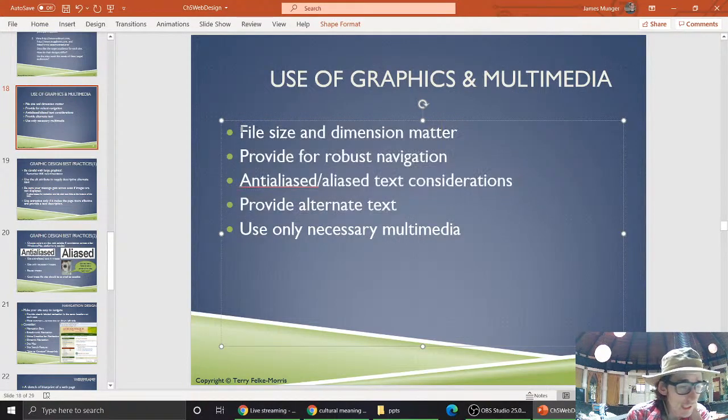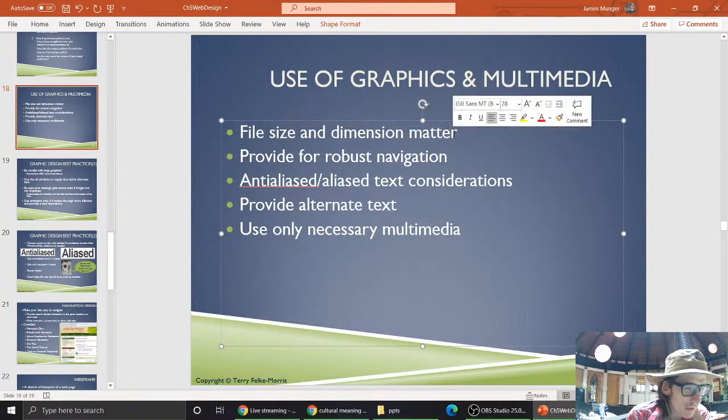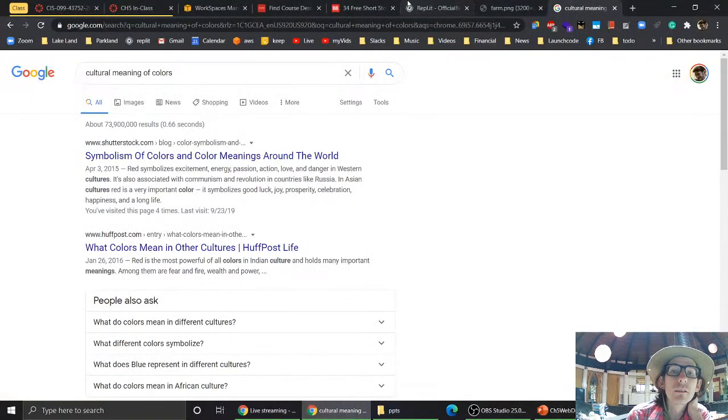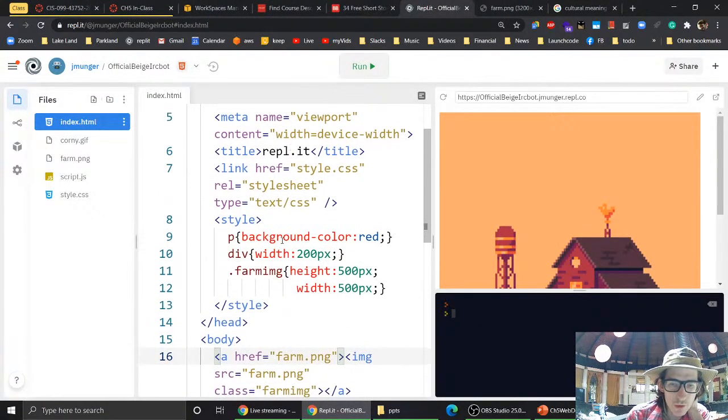This right here, file size, is extremely important. This is going to affect how fast your website's going to load, because the HTML is just text. That takes an insignificant amount of time. But when you start loading videos and you start loading images, that adds a lot of overhead to loading the page. So if you overuse them, or for example, in my page I made here, I shrunk this picture down